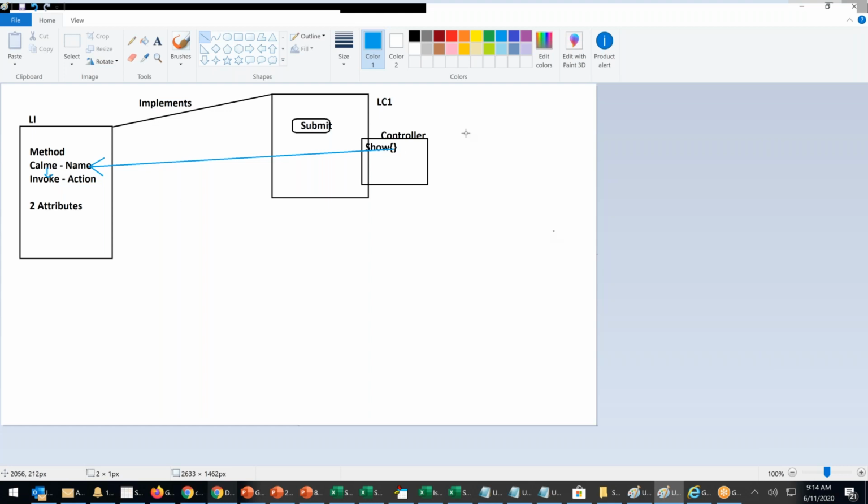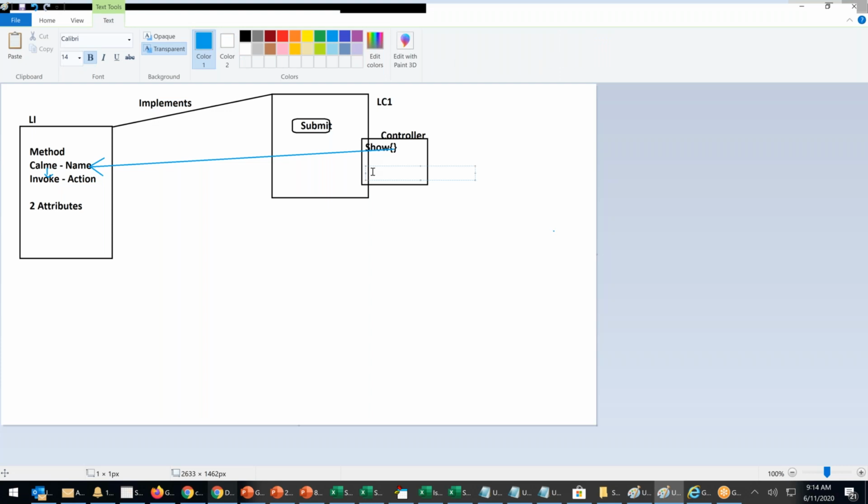Where is the invoke? I'm writing the invoke also in the child. In the child invoke, I have a message. So what is happening?